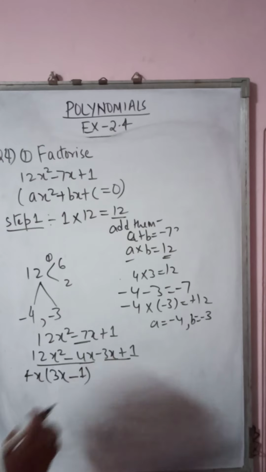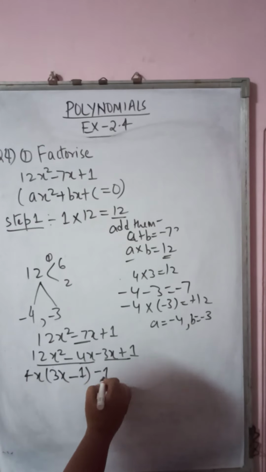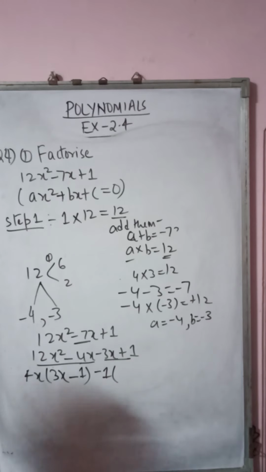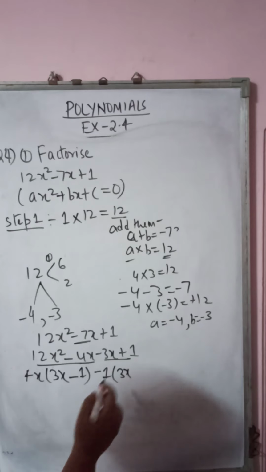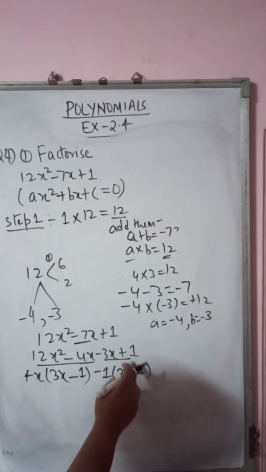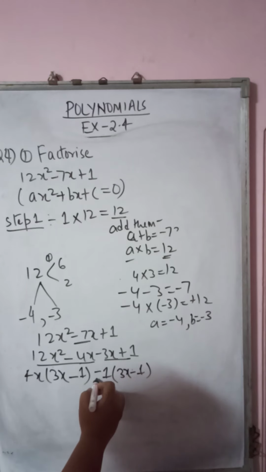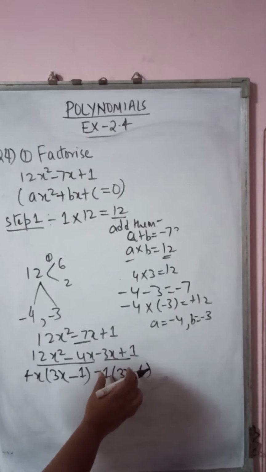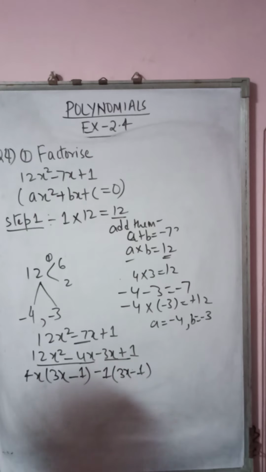Now among this, can you find anything common? No, so if nothing is common, it would be plus 1 or minus 1. I am taking minus 1 common. So minus 1 into 3x, you got minus 3x here. But here it should be plus 1. So I'll write minus 1 here, because minus into minus is plus 1. And minus 1 into minus 1 is plus 1. So same answer I am getting. If I write plus here, then minus into plus, minus will come here. So whatever sign we are putting here, after solving you should check that you are getting the above answer.